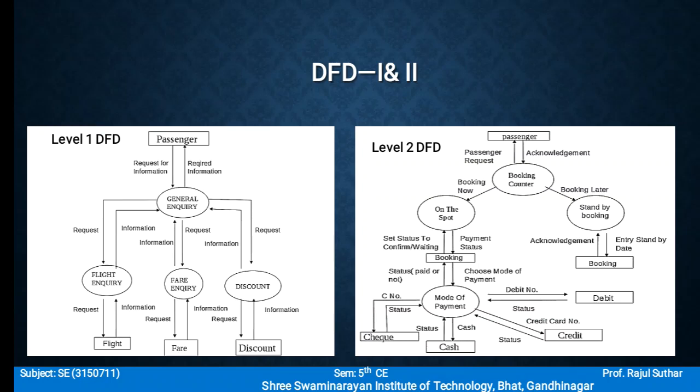If your system needs a further level, it is possible that DFD level 3 is also possible, but most systems cover up to level 2. Each system covers level 0, which is the basic information of your system. Then level 1 is an overview of your system, and level 2 is the detailed information of your system.